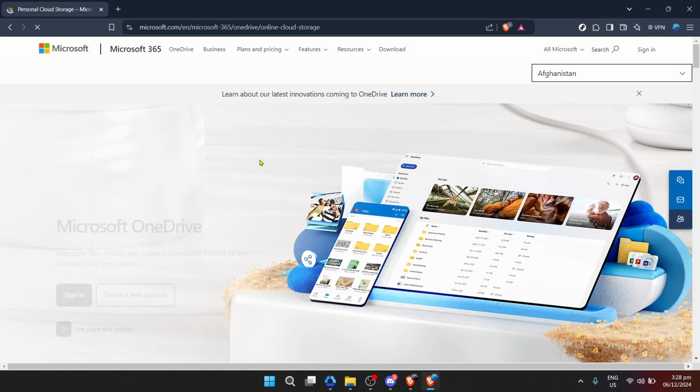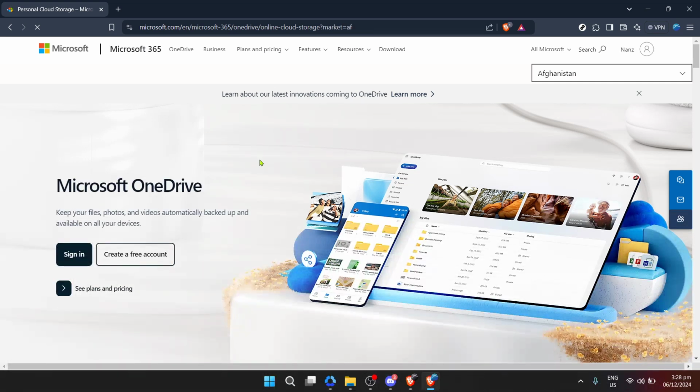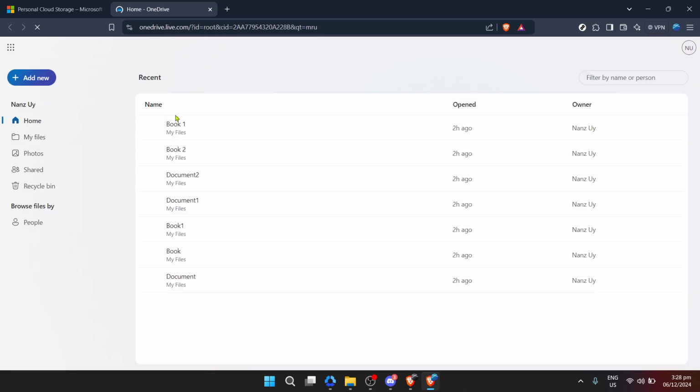Arriving at the OneDrive homepage, you feel a step closer to managing your subscription. Now it's time to head to the settings. In web interfaces, settings are often the gateway to personalization and account management, and OneDrive is no exception. Within settings, you'll find an option labeled Plans and Upgrades. Clicking on it directs you to the subscription management area.